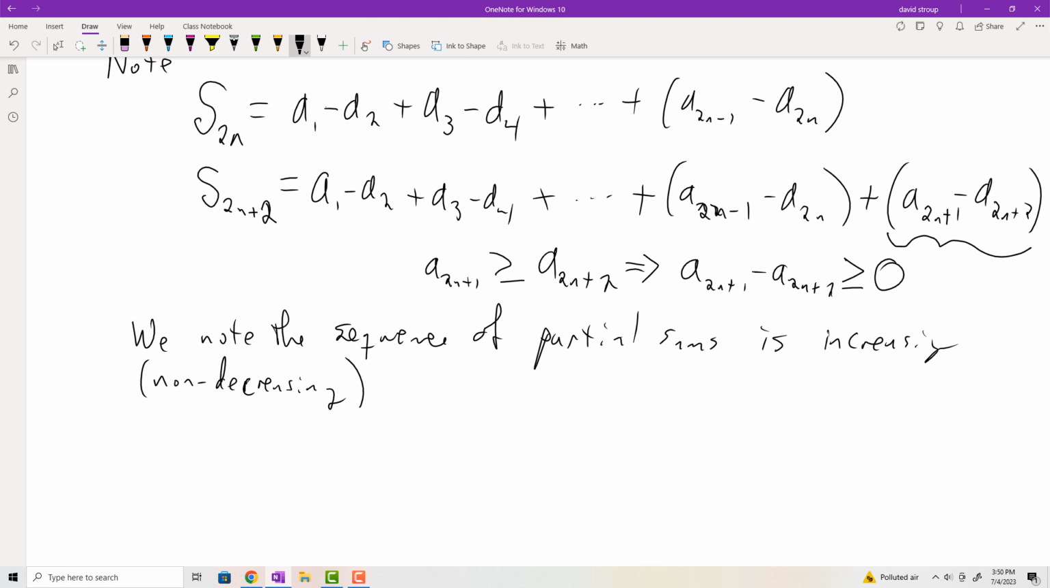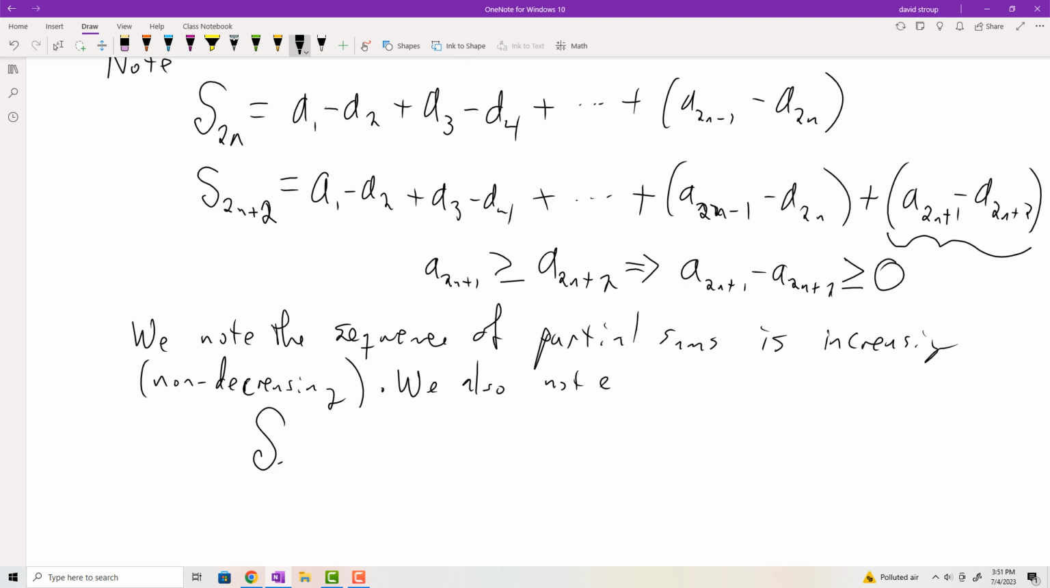We also note, so what else? We note it's bounded above, believe it or not. Why? You could rewrite these things as kind of the a sub 1, and then you're subtracting a bunch of stuff off of it. Okay, so we also note